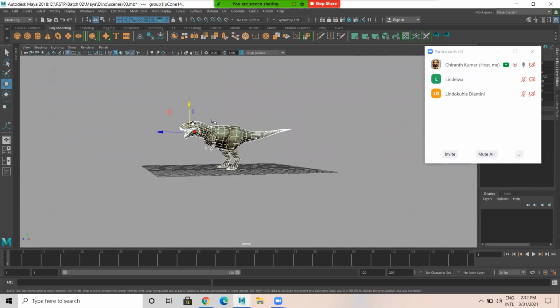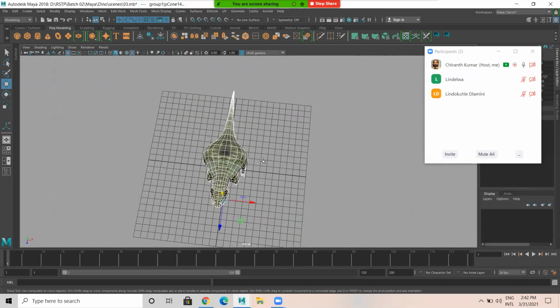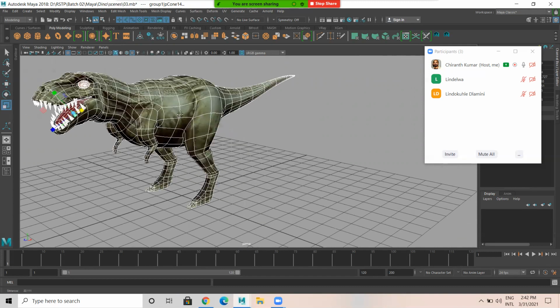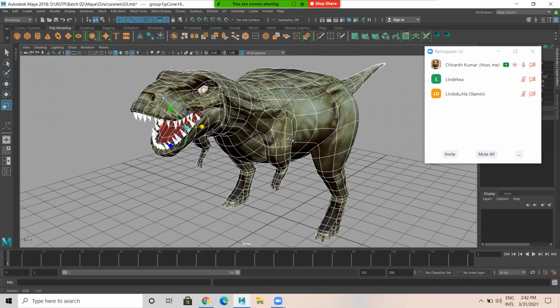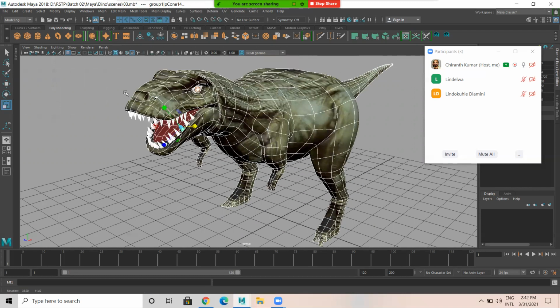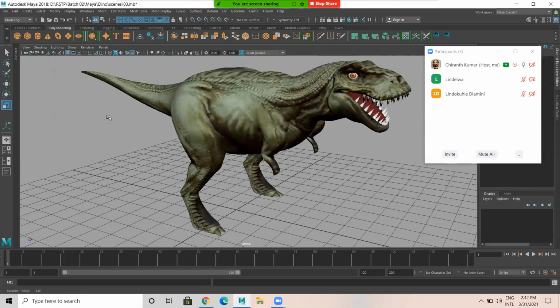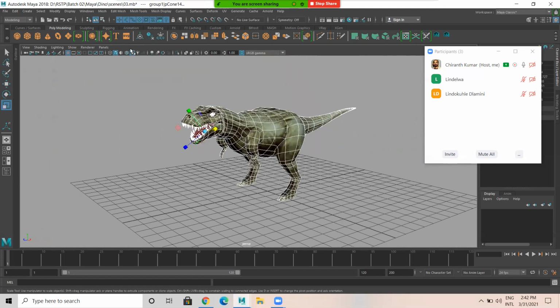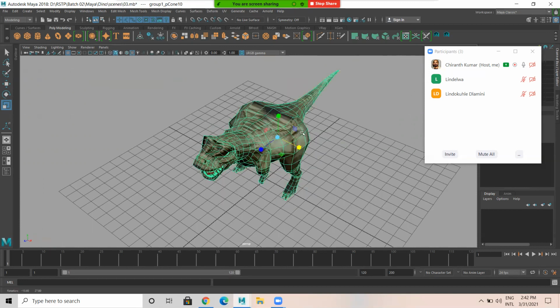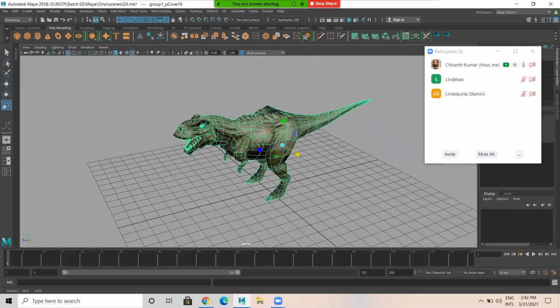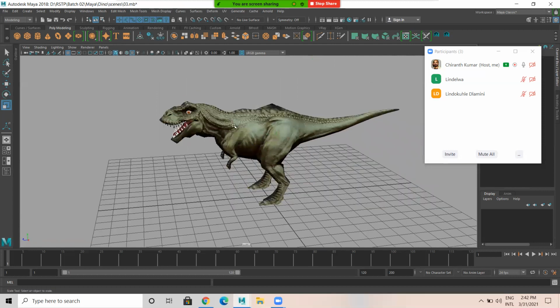So I'm going to select this. I combined this entire model.